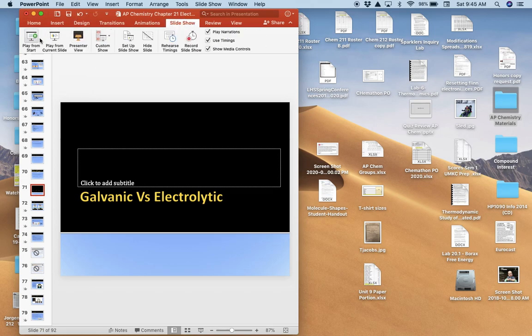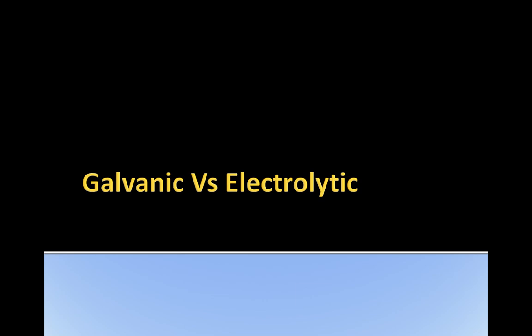So let's take a look. Just as a refresher, our differences between galvanic versus electrolytic cells. Remember, galvanic or voltaic cells are the spontaneous one. Their cell potentials are going to be positive for their reactions as written. Electrolytic are the non-spontaneous reactions. So these would be ones that come out with a negative E cell when we look at our balanced